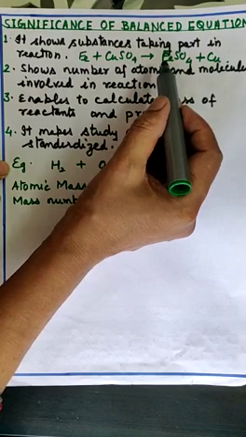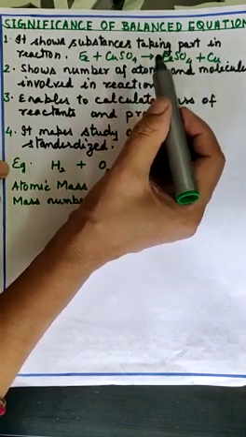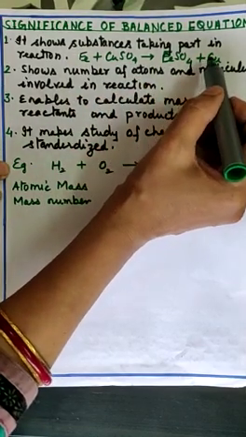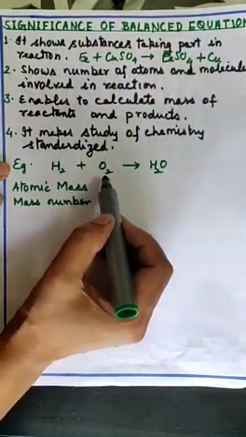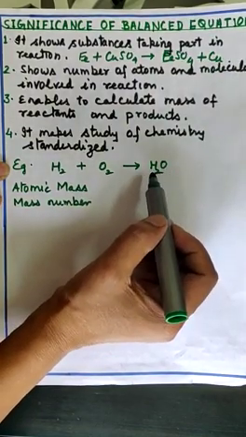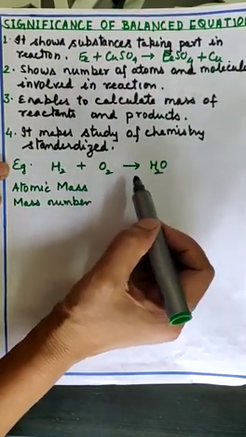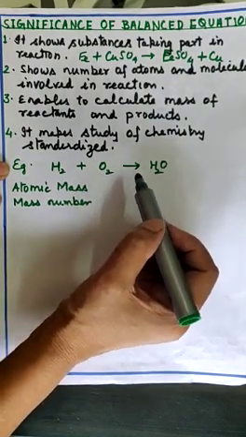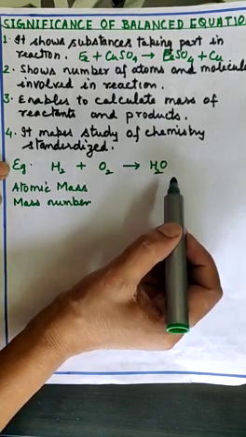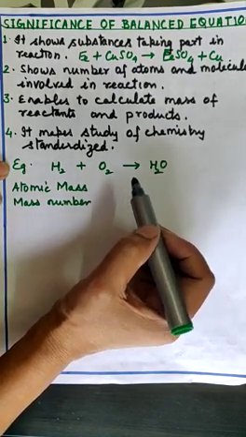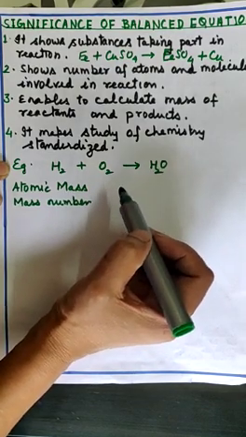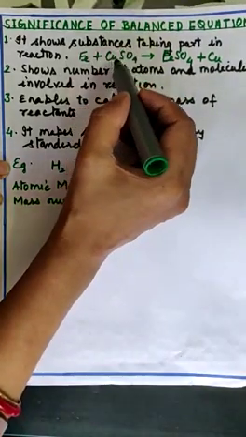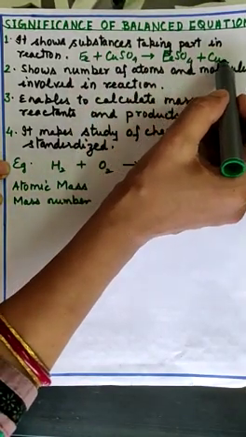I have already taught you that a skeletal equation has nothing to do with balanced or unbalanced, and a skeletal equation like this can be balanced as well or unbalanced as well. Most skeletal equations are unbalanced, still, skeletal and unbalanced are not the same. You should not think that skeletal equations are unbalanced. You can say skeletal equations are mostly unbalanced. Some of them are balanced as well, like Fe plus CuSO4 gives FeSO4 plus Cu.